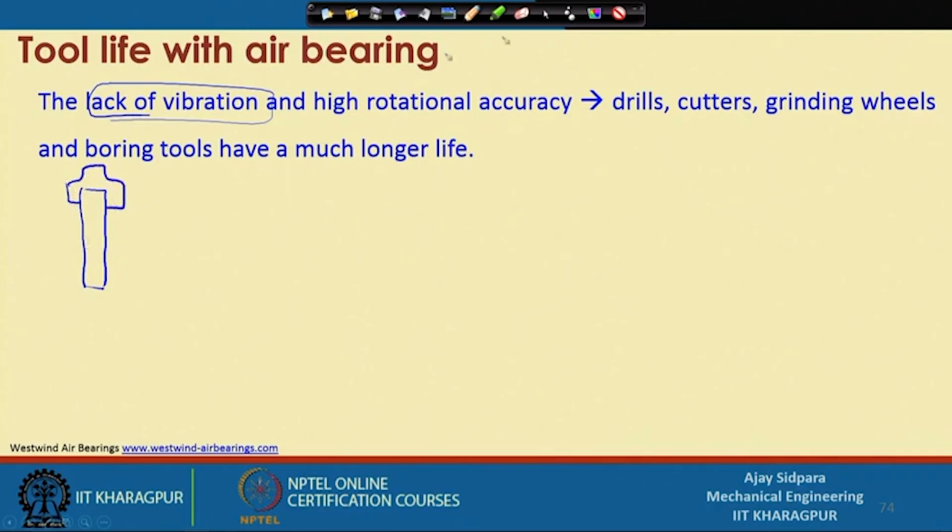Now, if there is a vibration, mostly the vibration is in this direction. Consider you are getting a small vibration in this particular direction, and the same way on this side also. So, this is your desired